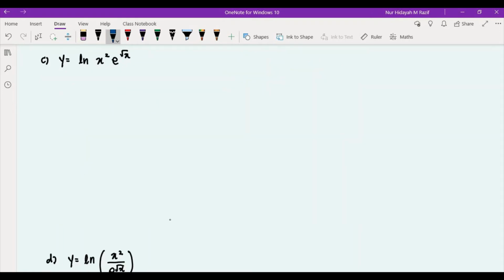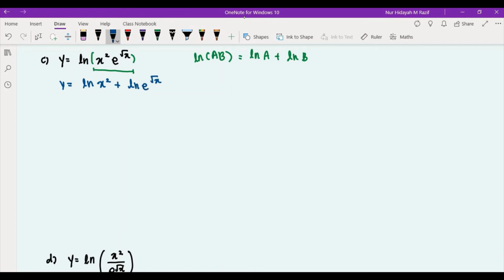For the third question, you have ln of x squared times e power of square root of x. If you realize this, you have a product of two things, and both are inside the bracket for the ln. So what we have here is in the form of ln AB, and using the laws of logarithm, we can rewrite that as ln of A plus ln of B. And then we just need to rewrite that as y is equal to ln of x squared plus ln of